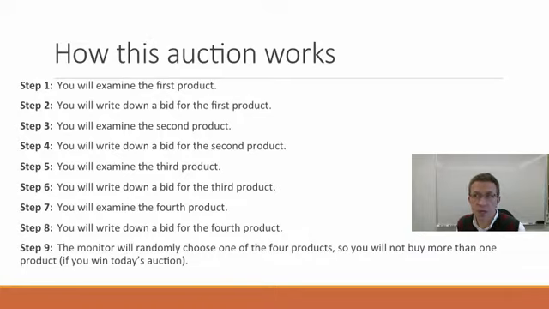Now, the cautionary note that I'd like to mention is that, of course, you're free to bid whatever you want on this particular auction. The reason that we are paying you to take part in this is we're hoping that you will take this seriously and bid on this. But if it's a product that you really don't like, we would actually want you to bid 0 for it, because that tells us the information that we want, that you don't like this product. If it is something that you'd like, we'd ask that you would bid on it as if you would bid